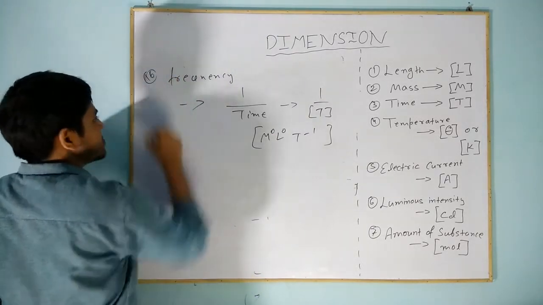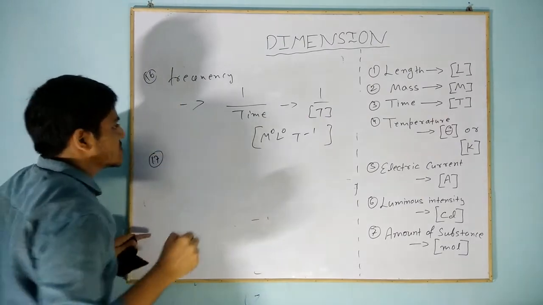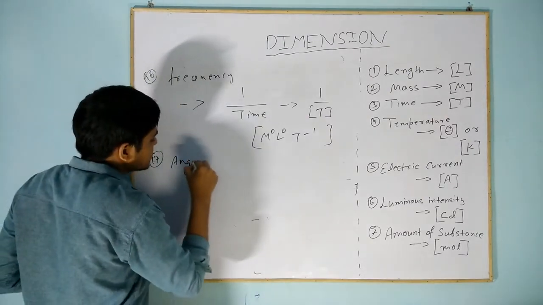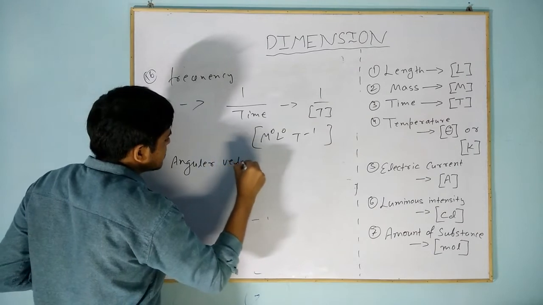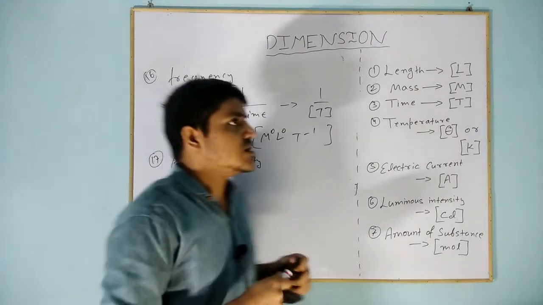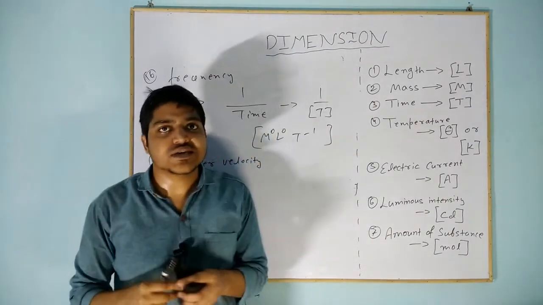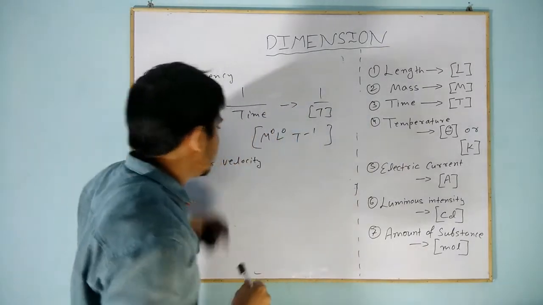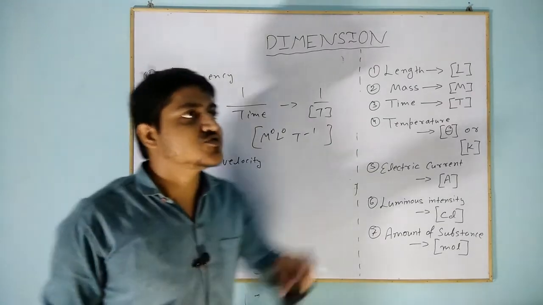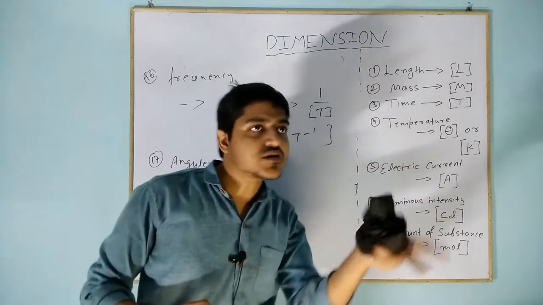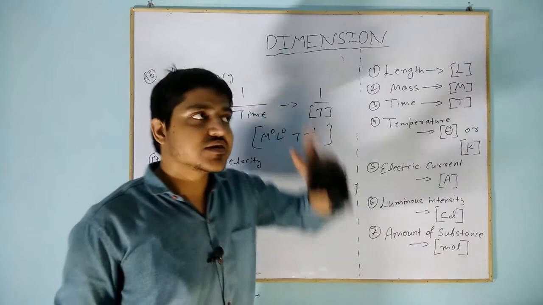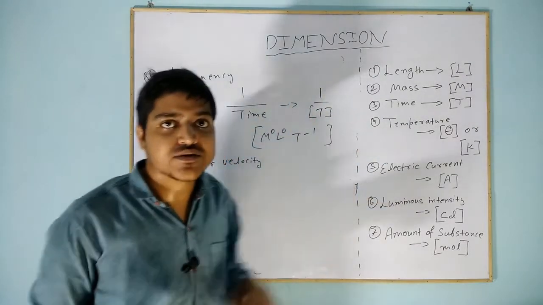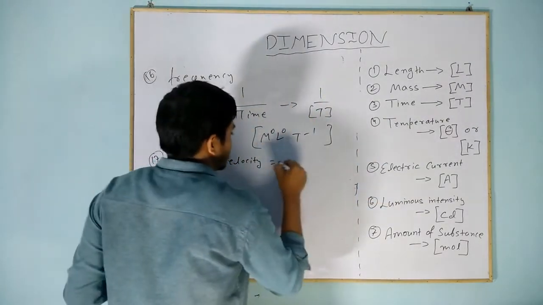Then angular velocity. We know about linear velocity, that is the rate of change of displacement. Similarly, angular velocity means the rate at which you are covering angles while moving along the circumference of a circle. The rate at which you are covering angles. So it would be